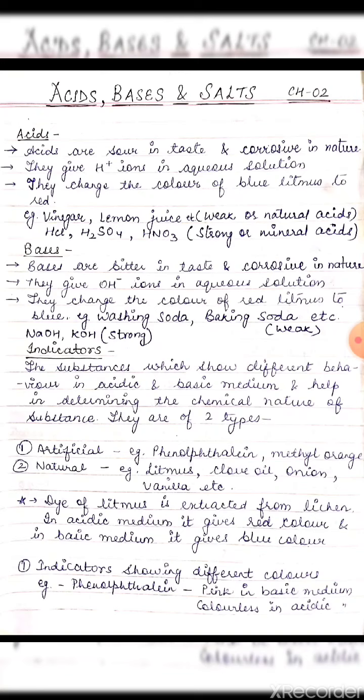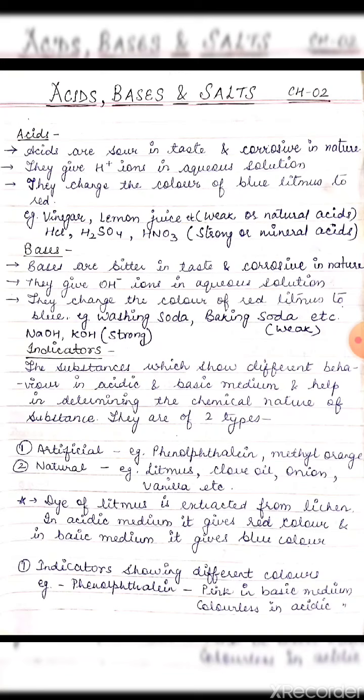Examples are washing soda and baking soda. Washing soda is used in detergents as well as soaps, and baking soda is used in making cakes or pastries, or you can say in bakery, that is baking soda. These are weak,